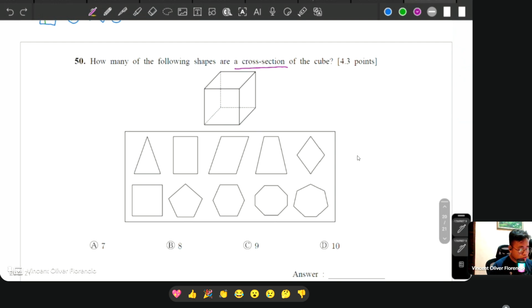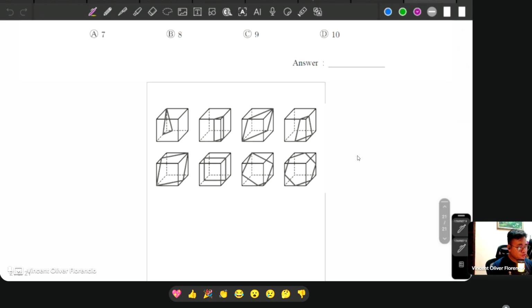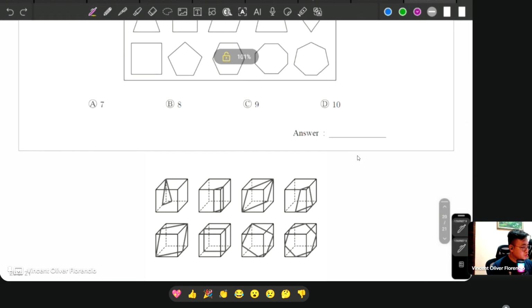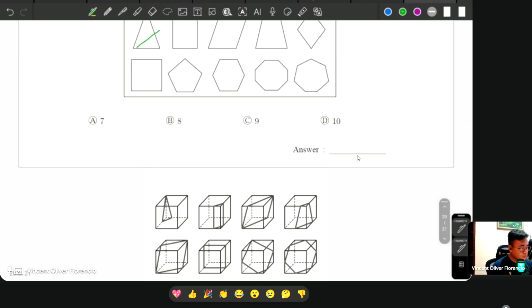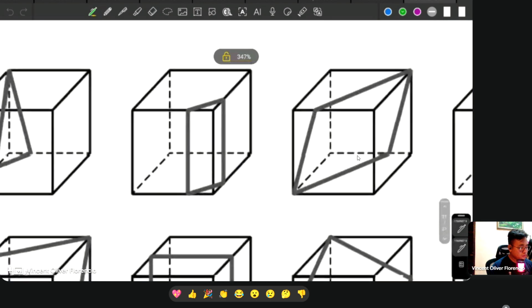Okay, let's say we have this figure here. Say we have a square. Definitely a square here will fit all the sides, right? Cross section. Now, to better illustrate this one, I already prepared an answer here. So these are all the possible shapes. So definitely, the triangle will fit. Same thing as this, the rectangle. This one here.